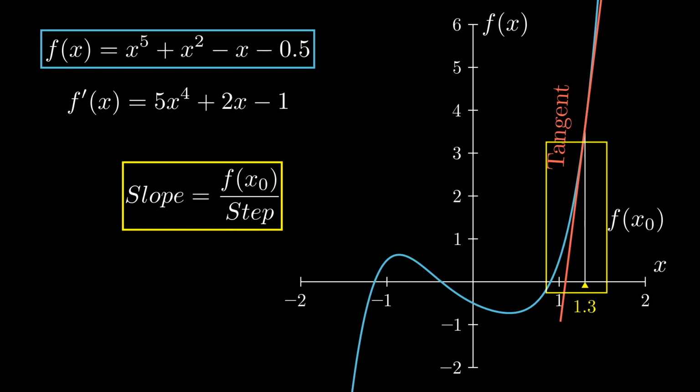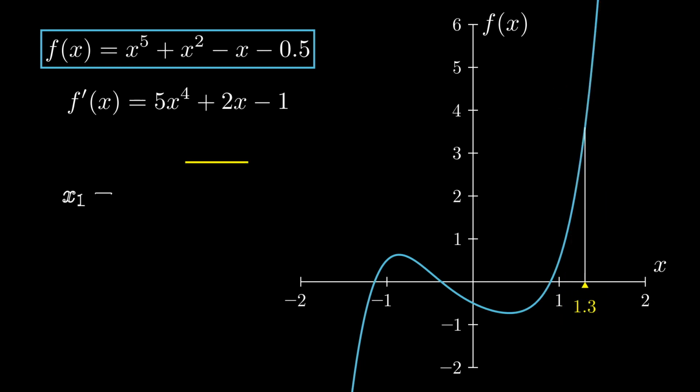step we take. And since we know what that slope is, because it's just the derivative of the function, it has a nice algebraic meaning that the derivative at x0 is equal to f of x0 divided by the step. If we rearrange this equation, we get a reasonable idea for what that step size is. The step is now just equal to f of x0 divided by f prime of x0. What we can do now is just take our initial guess and subtract the step size from it, which gives